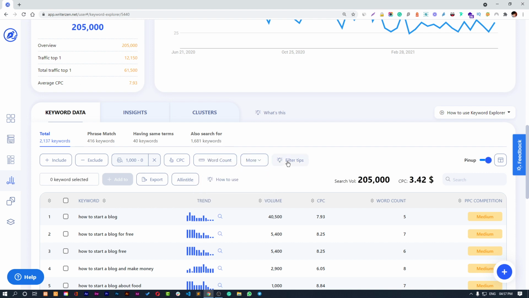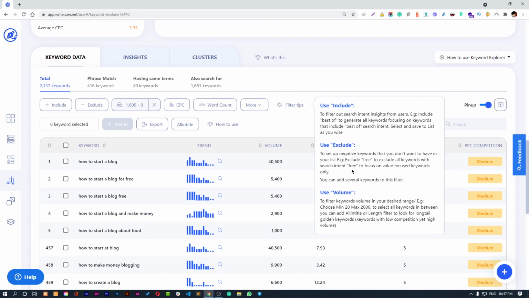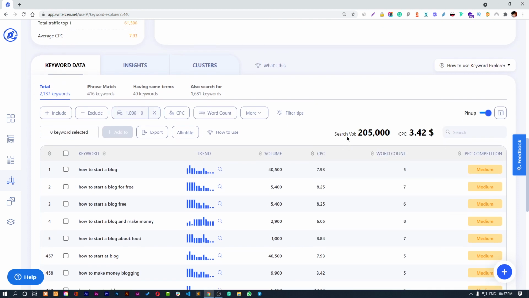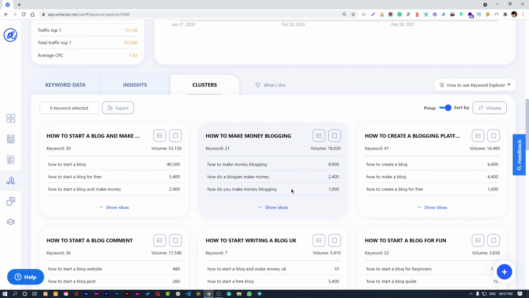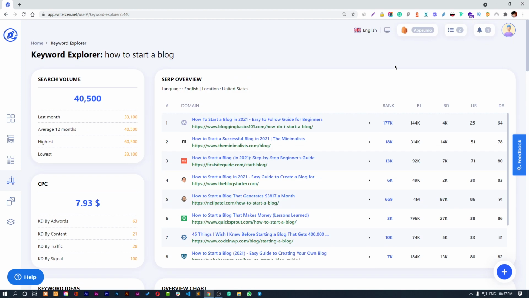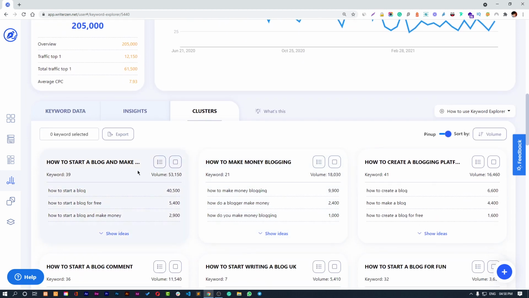And here's a filter tip. When you click on it, you will get an idea of how to use the filters, right? And here the clusters, we had enabled this, that's why it is showing me. Otherwise it will show you an option to enable the clusters, because every time you use a cluster you are spending a limit from here, right guys? So these are the clusters out here,